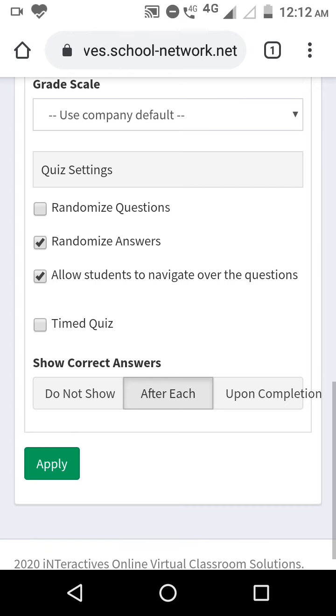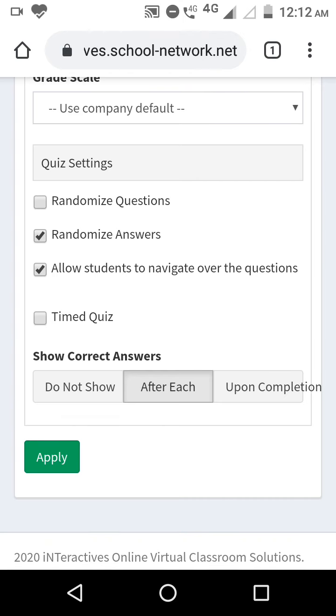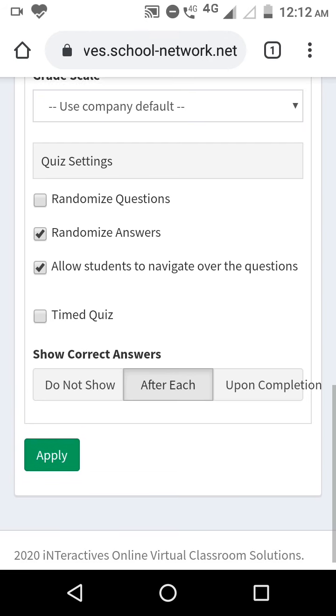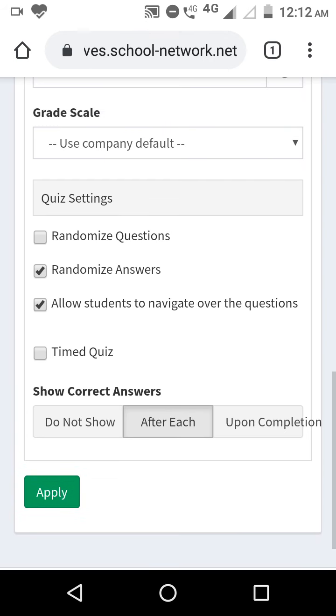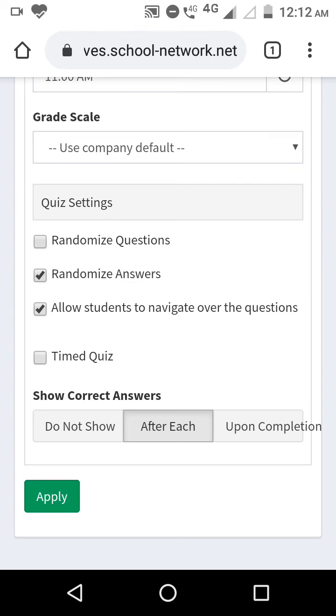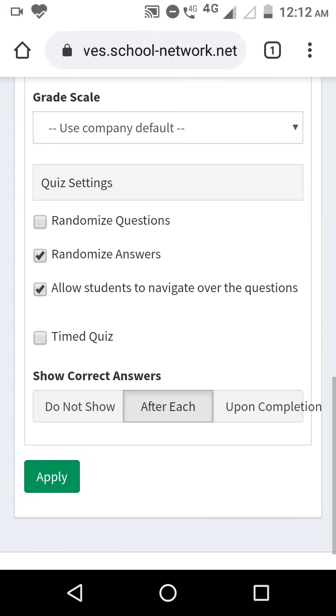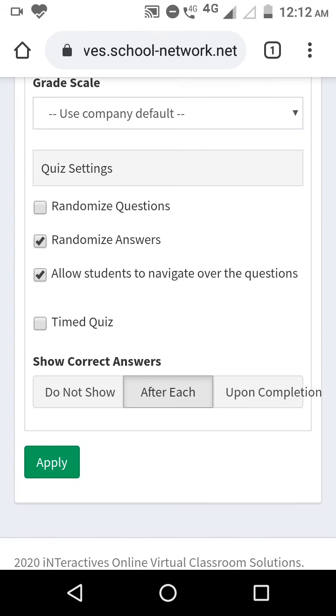Now, allow students to navigate over the questions. This helps students navigate over the questions that you have given. Suppose 20 questions, 15 questions, whatever questions you have given to the students, this will help them navigate over them, right? So this part, the quiz settings, is completed. Now we have a very important part, which is called timed quiz. Now if I click on the timed quiz,